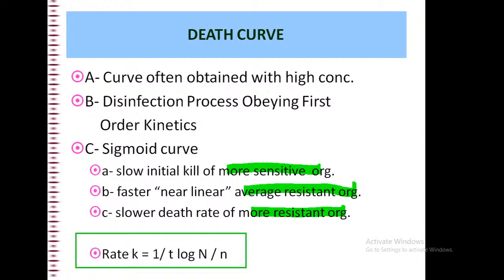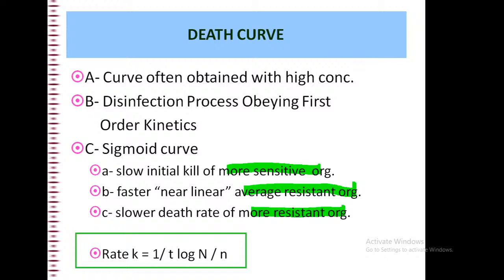Okay, for more sensitive organisms, they do not affect the more sensitive organism. Next, faster, linear or near-linear average for resistant organisms. Okay, so here they affect more actively. And last one, they show a slower death rate of more resistant organisms. So here also less